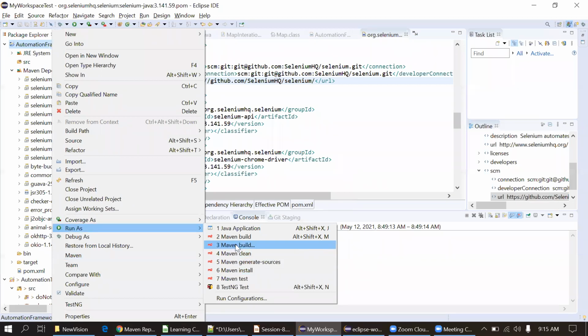Actually, there is a Maven lifecycle. If you use this Maven install, this Maven build, Maven clean automatically gets executed at the backend. So this is the second last step actually. There are multiple steps in the lifecycle. I will just read that. First it will validate. Actually, we are not using every step, that's why I'm just skipping that part. So to be sure, just use this option Maven install. It will simply create a jar. It will also check if all the jars are downloaded, meaning all the dependencies are downloaded properly and it's working. Okay, go for this option Maven install.